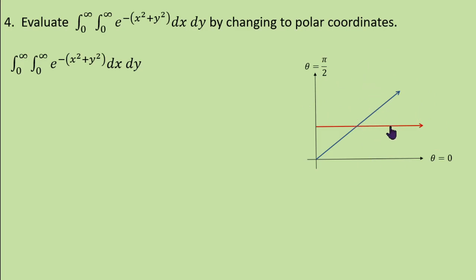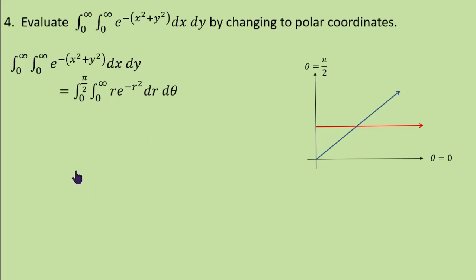So, that is how we can find the limits in polar form, and hence theta varies from 0 to pi by 2. For every theta, r varies from 0 to infinity. And then x square plus y square, x is what? R cos theta, y is r sin theta, x square plus y square becomes r square, and hence e power minus r square. And I already discussed about this, dx dy is r dr d theta.